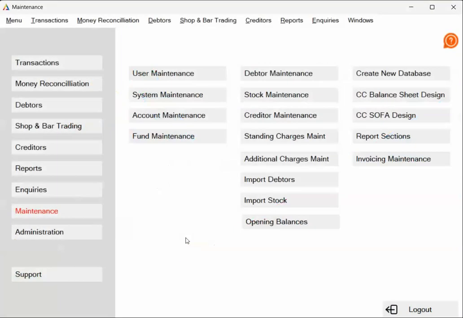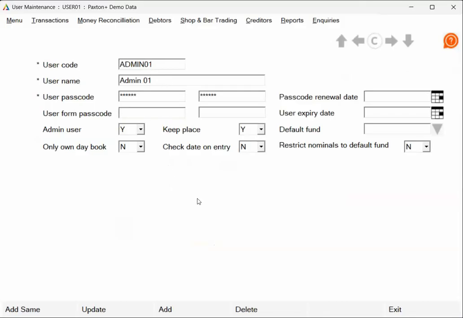If you want to add a new user to the system, this will be done through maintenance and user maintenance. So in here you can view the existing users by using the arrows at the top here to scroll through them. If you want to add a new one, you just click on add down the bottom